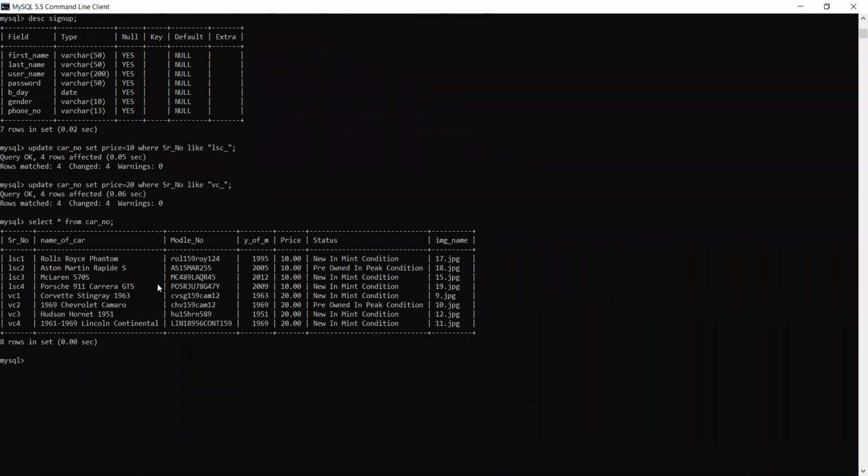Now see, we are going to use group by clause. Now in group by, again I'm making one more change. Set status is equal to, where serial number like VC, status is equal to, I am changing this, instead of new in mint condition, I am writing NMC.